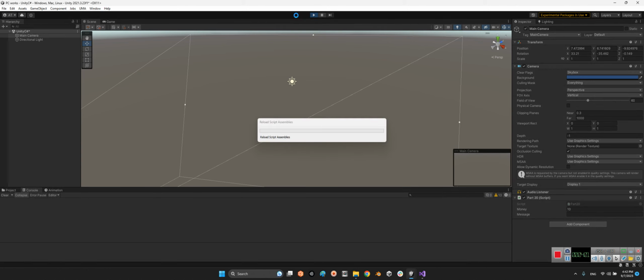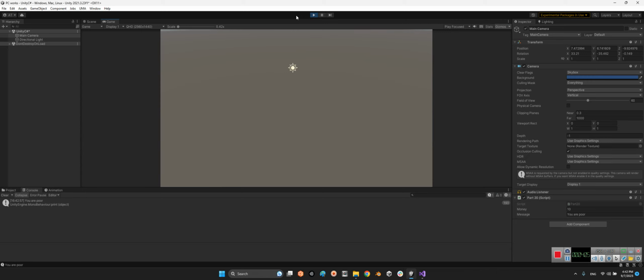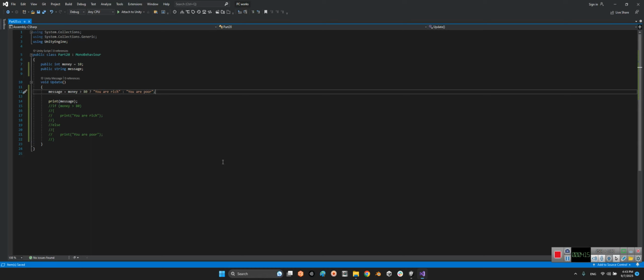Okay. Look at this. It shows me you are poor. And if I write 100, you are rich. It is exactly the same as these lines, but I made it in one line. It helps me to scheme my code, because